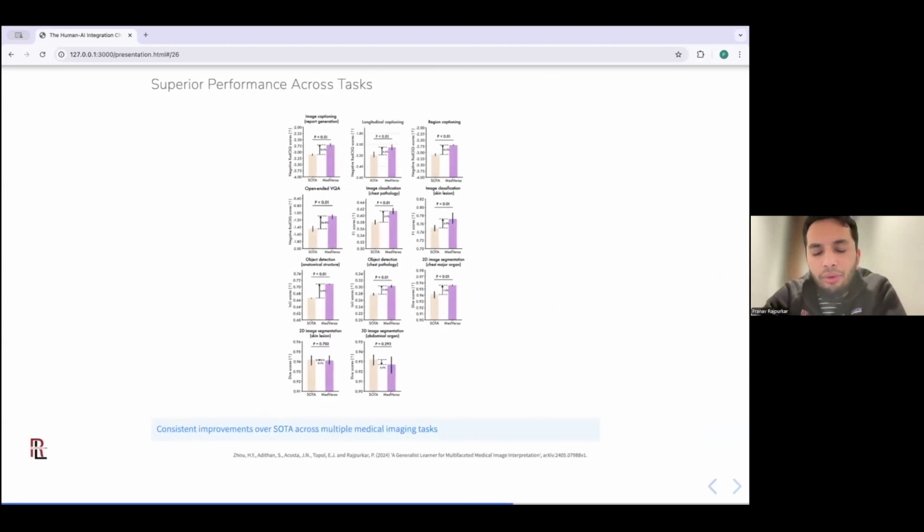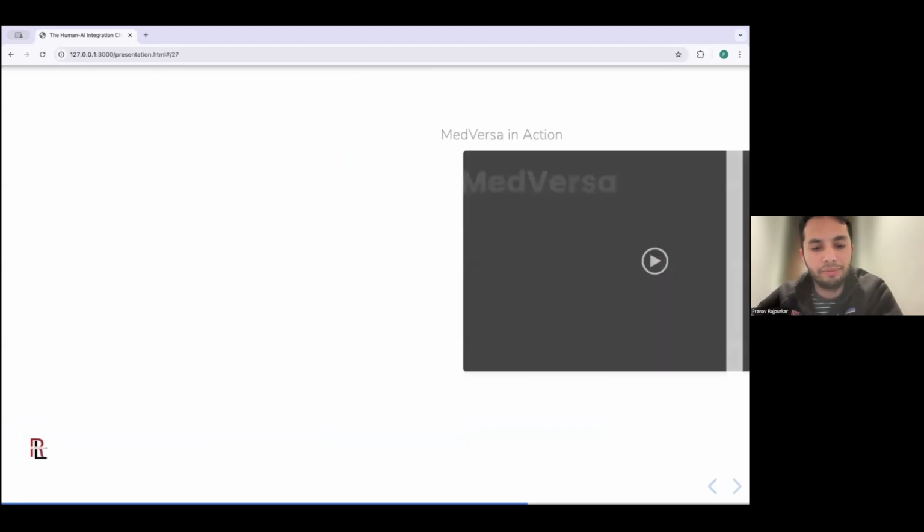And what we found was that with this unified training process, we actually set state-of-the-art performance on several of the tasks which we attempted, including tasks that had to do with generating a report from an image or classifying lesions on skin images or being able to segment major organs on some of these medical image tasks.